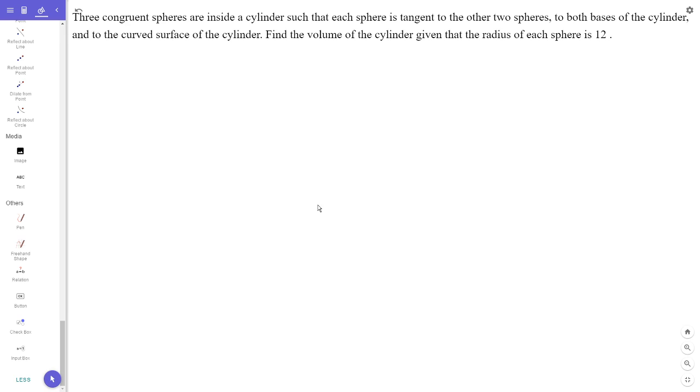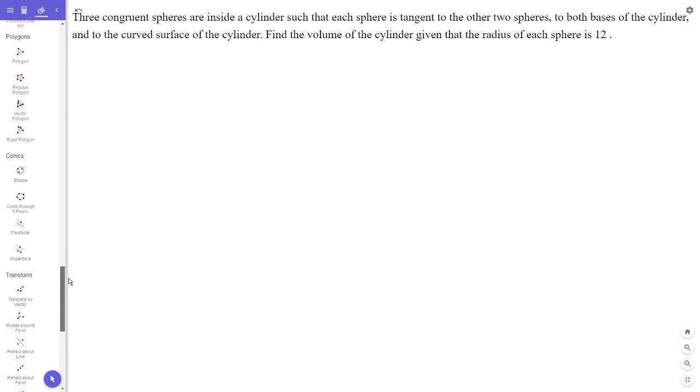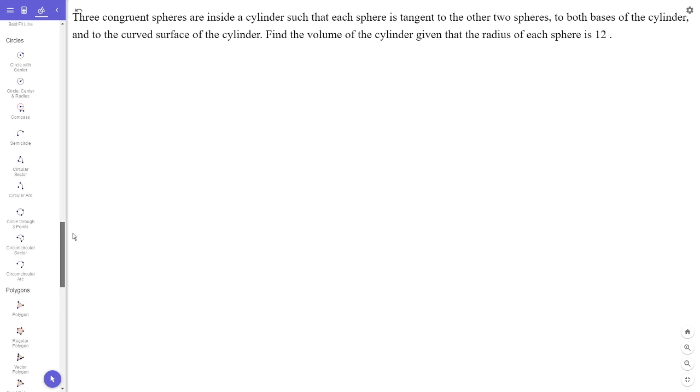Now, we have three spheres of the same size. They're all congruent with each other. And they're inside this cylinder. And you really got to kind of imagine what's going on. So let's just start by making